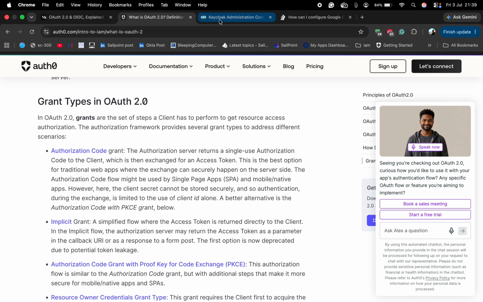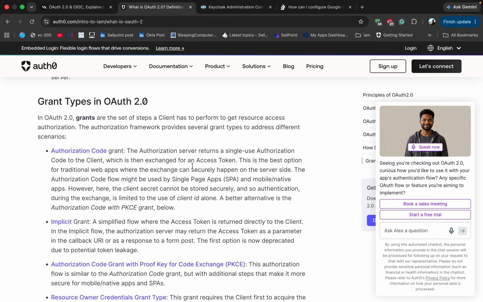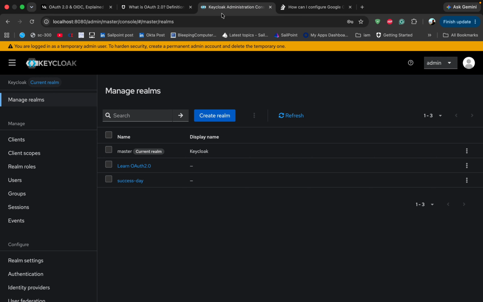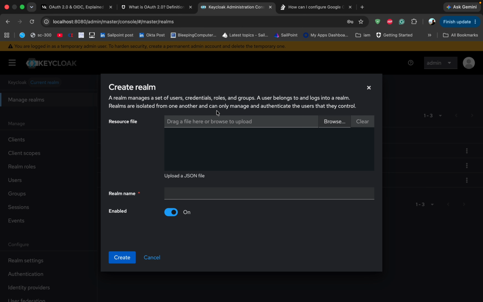maybe I can show you on Keycloak. That will be easier. In this video series, I'll be using Keycloak. Keycloak can be downloaded and run as a Docker image. Maybe I'll create a separate video on how to get started with Keycloak. In this video, I'll create some configuration and start working on it. So I'll name this realm as